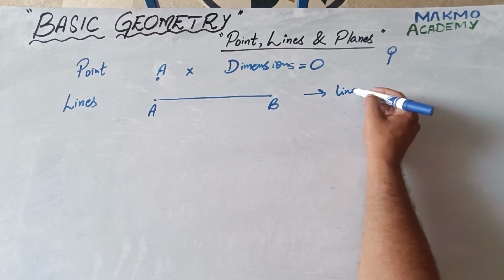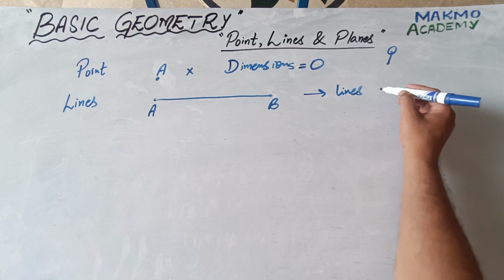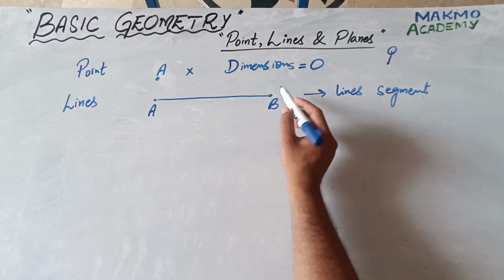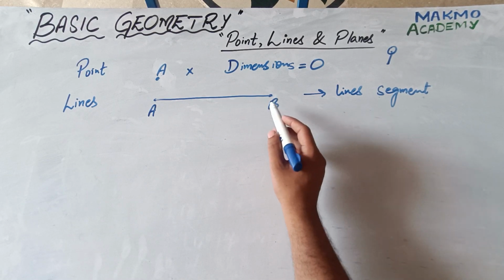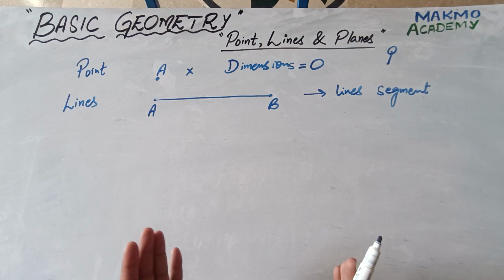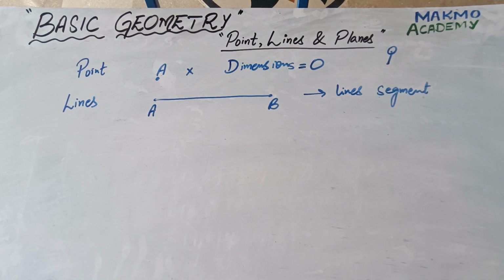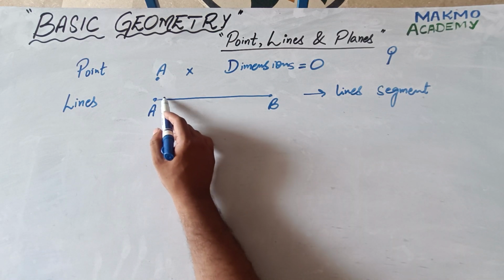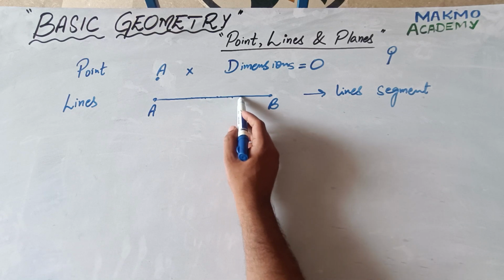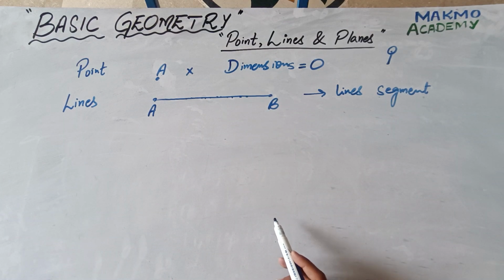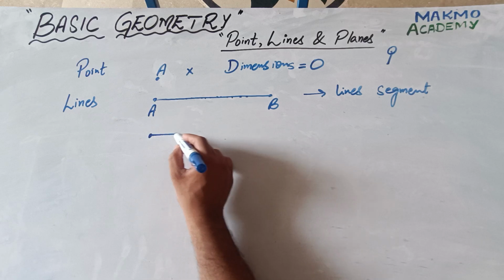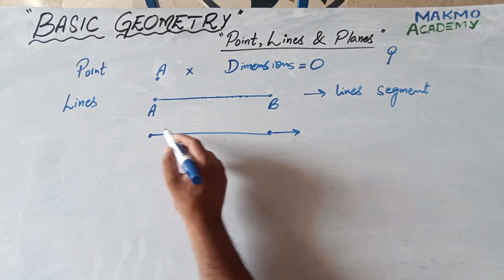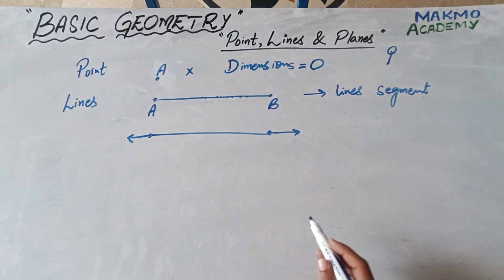There are 2 or 3 types of lines. This is called a line segment, in which the points are fixed, and the line cannot move a single millimeter beyond these points. So this is a line segment between 2 fixed points. And for a line, how many points are required? At least 2 points are required to construct a line, and there are infinite points between these 2 points. But if we extend this line beyond these 2 points,